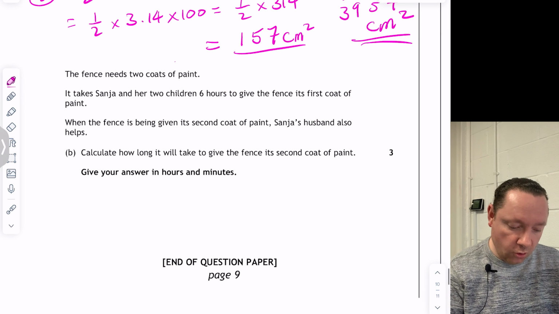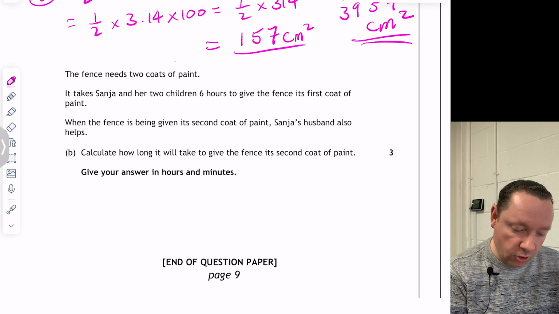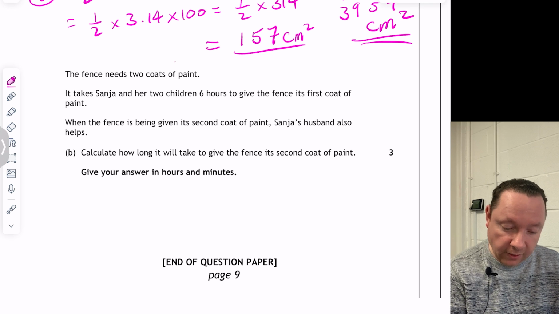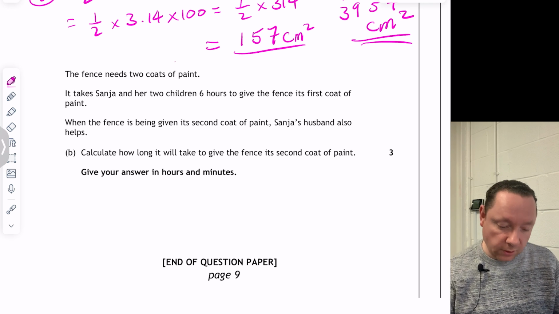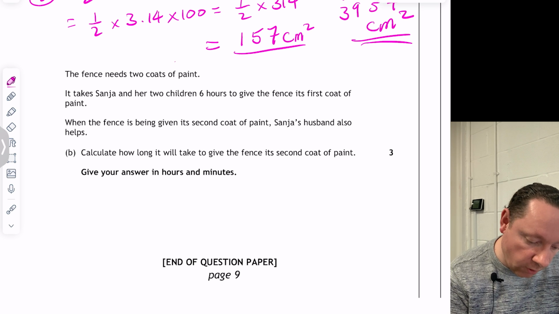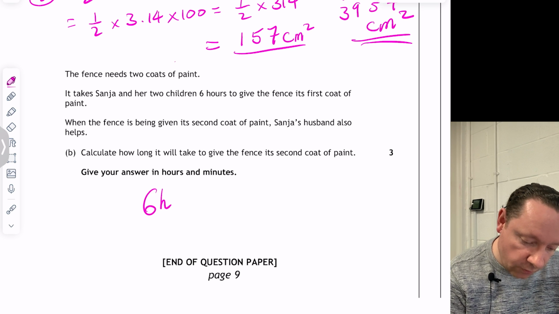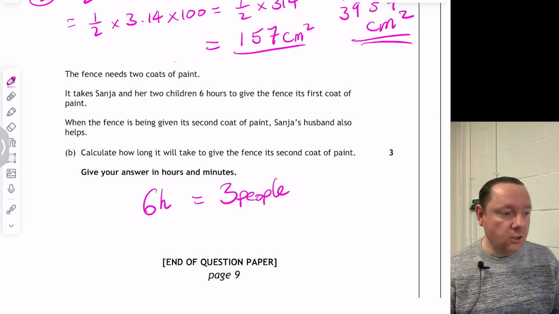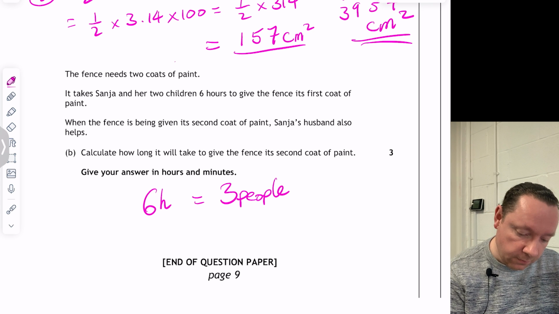The fence needs 2 coats of paint. It takes Sanya and her 2 children 6 hours to give the fence its first coat of paint. When the fence has been given its second coat of paint, Sanya's husband also helps. Calculate how long it will take to give the fence its second coat of paint. So this is the inverse proportion. So it says 6 hours, and that is for Sanya and 2 children, so 3 people. We're going to assume that they all work at the same rate, which we wouldn't do, but let's just assume that. So for one person,